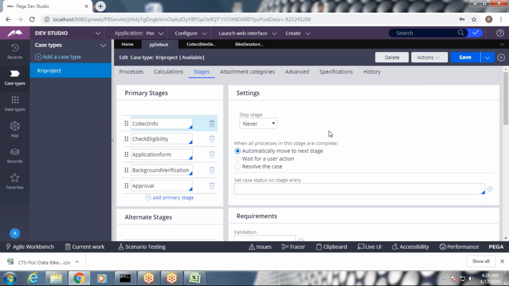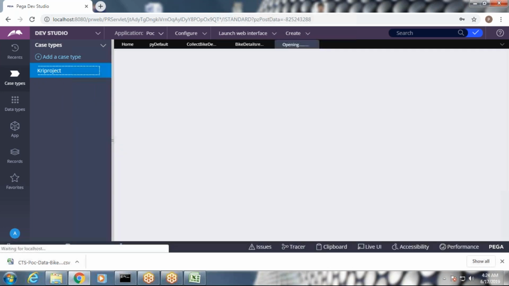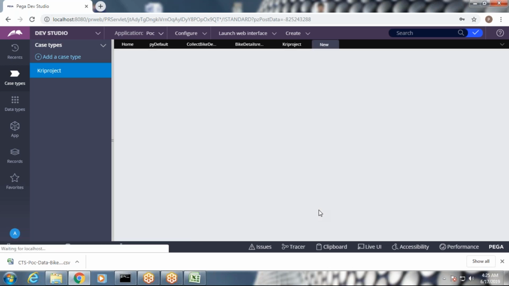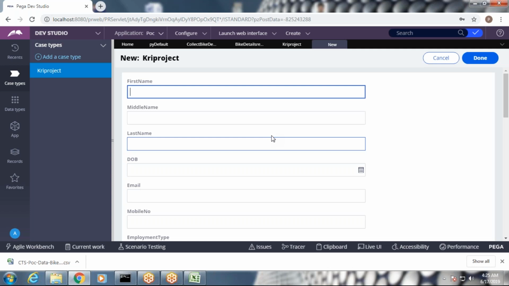Go back to the case tab. This is one type of concept, but other than the last concept.